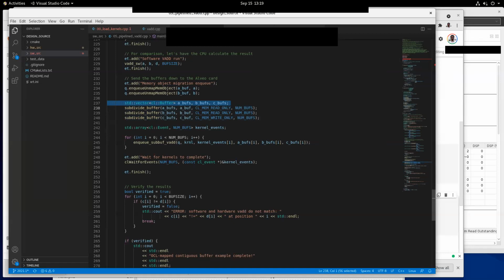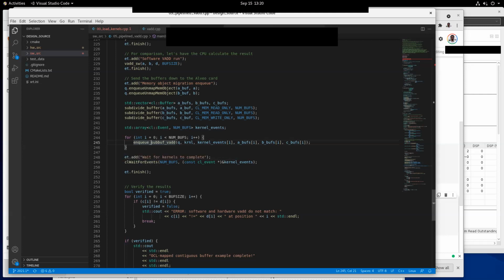And then this is the place where we enqueue the tasks that we would like the FPGA to do. Now, let's go to the function at line 245, which is enqueue subbuff underscore v add.